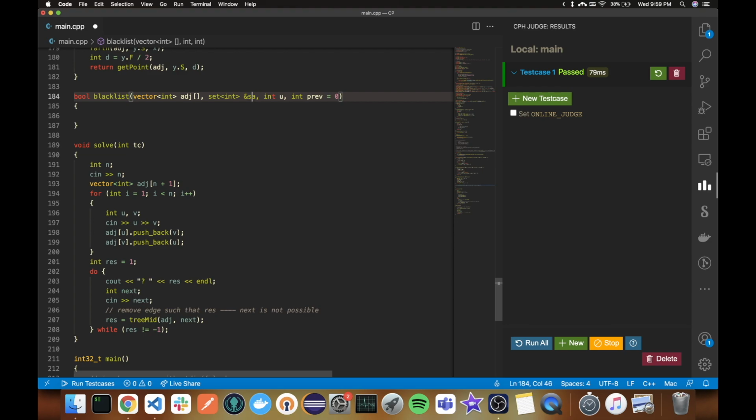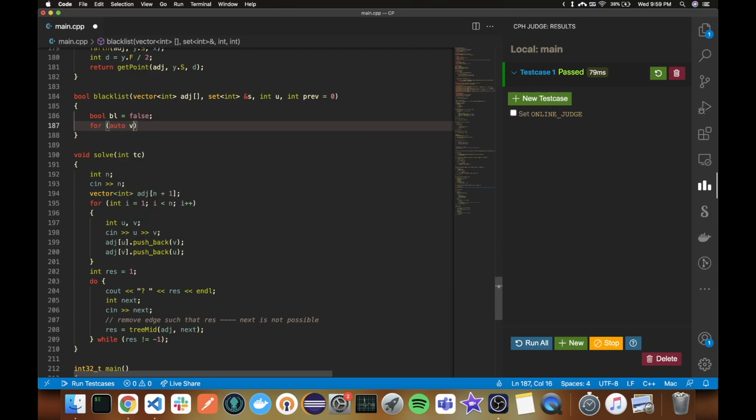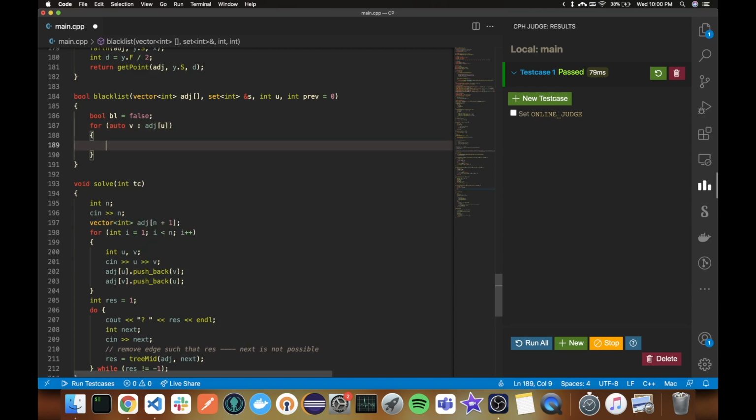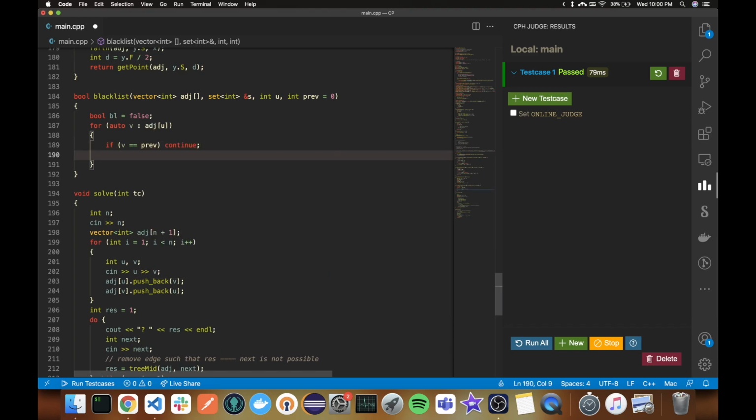I'm just gonna call it s. Okay, what will happen now? So bool pause for auto v in adjacency u equals to previous, continue, otherwise